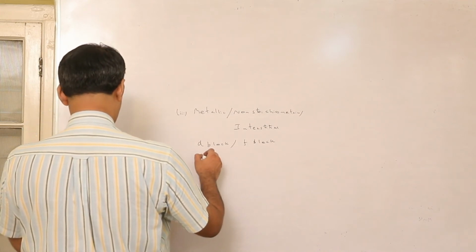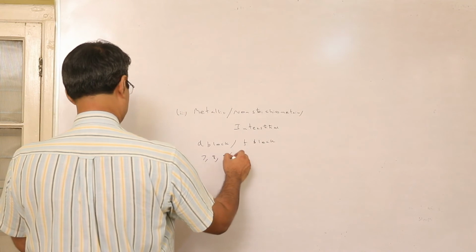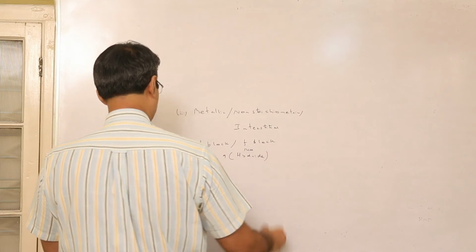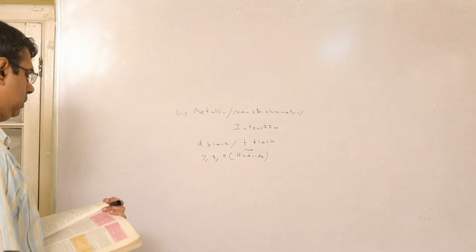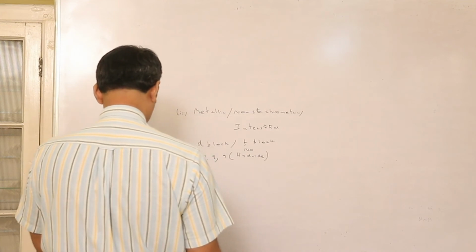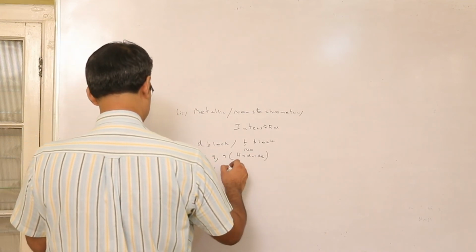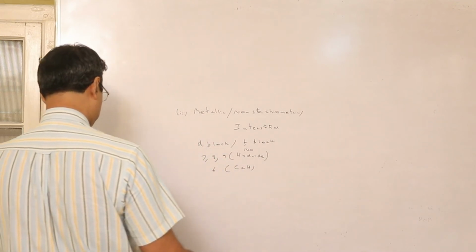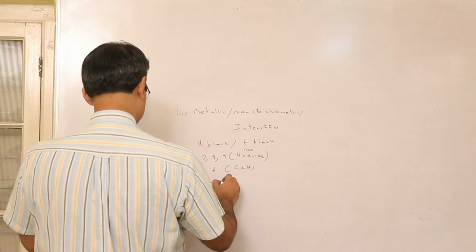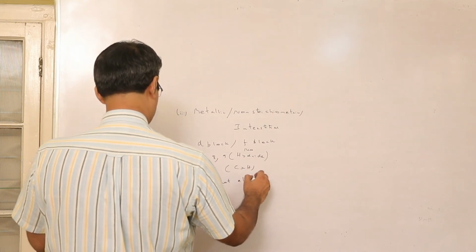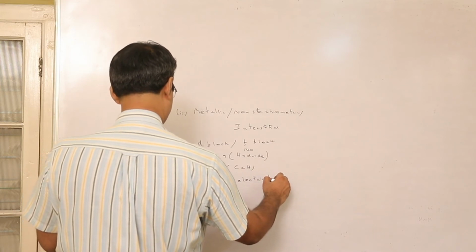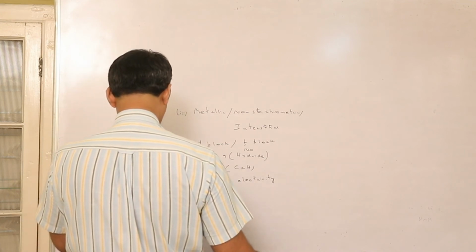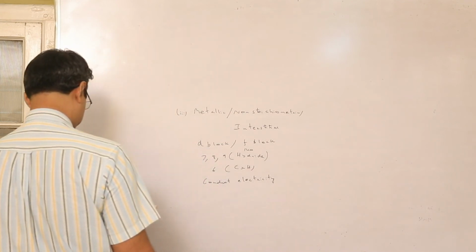Now in D block and F block, the groups 7, 8 and 9 elements do not form a hydride. So the elements of group 7, 8 and 9, they do not form a hydride. And in group 6, only chromium is able to form a hydride. Now these hydrides conduct electricity, and one more thing is that